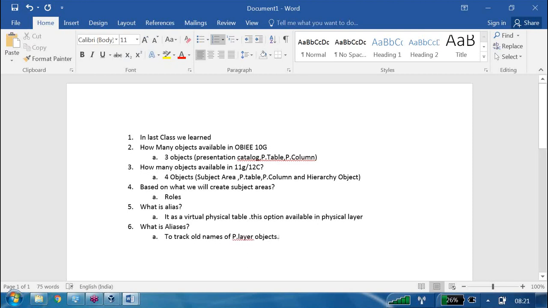Whatever renamings you are doing, the old names will be attached to the aliases. If you rename it 10 times, 10 old names will be available under the aliases. Out of these 10 names, if any name is used in your report, we do not worry, it will be automatically executed.